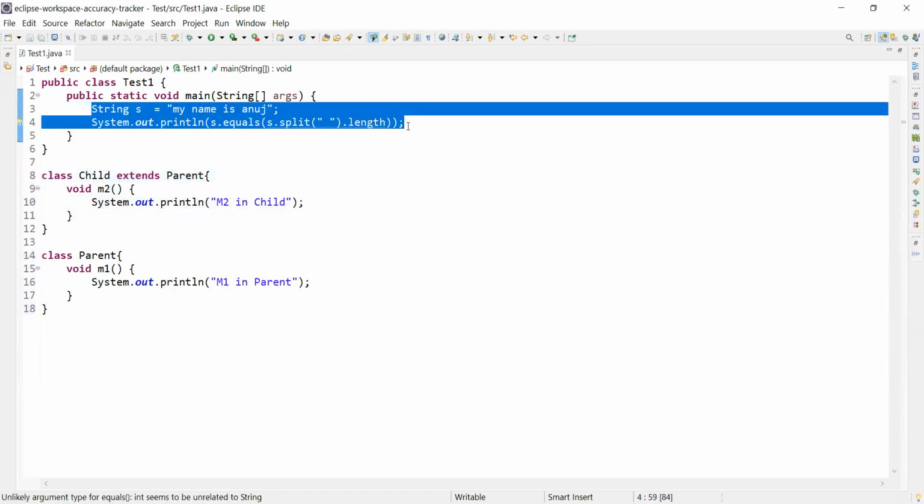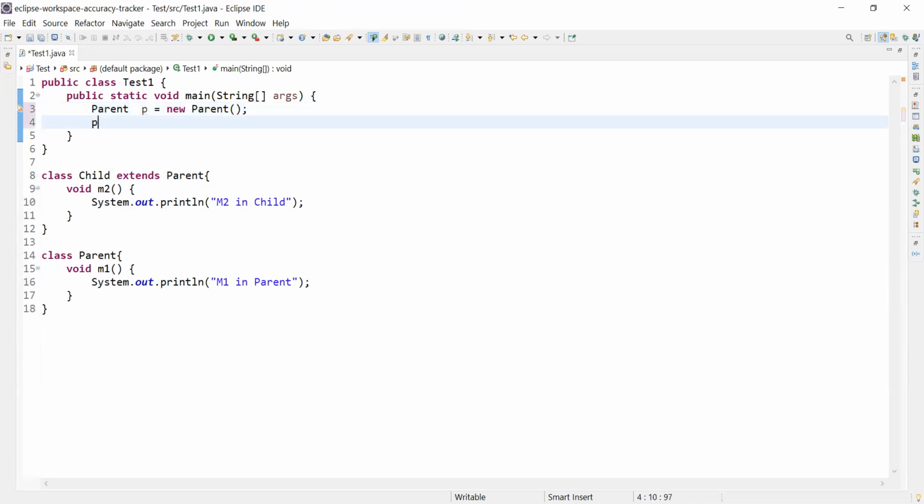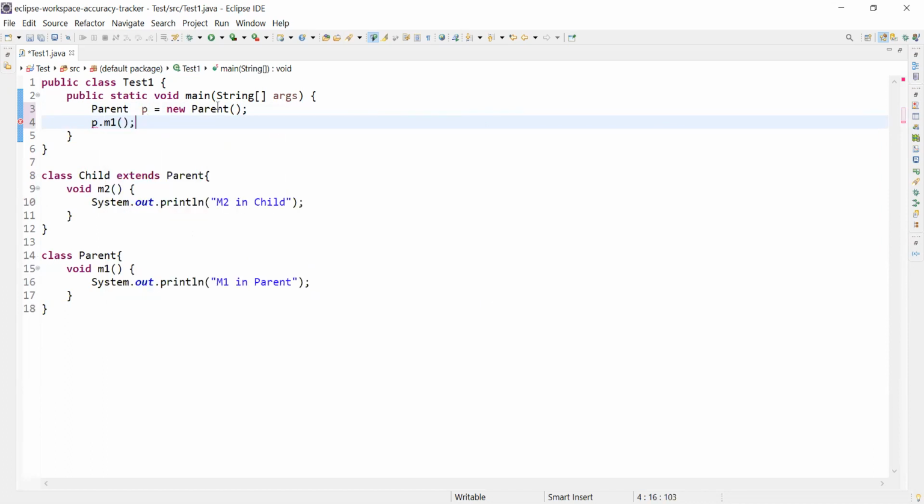Now let me do one thing. Let me write parent p equals new parent, and when I say p dot, we can see only M1, right? M2 is not visible.